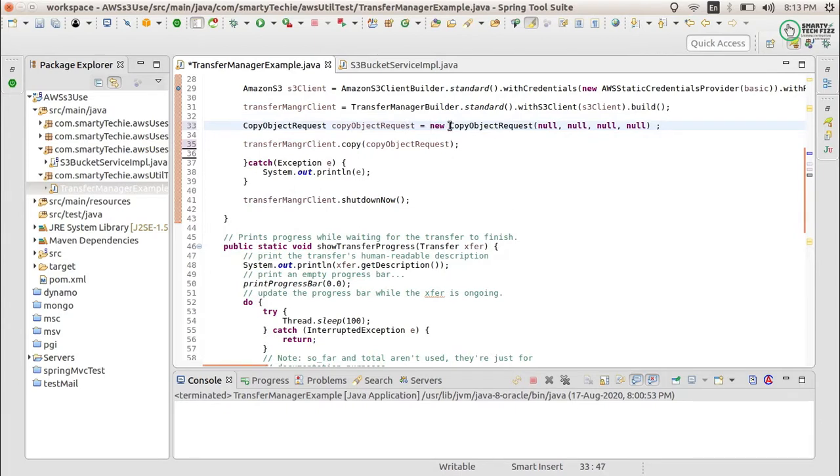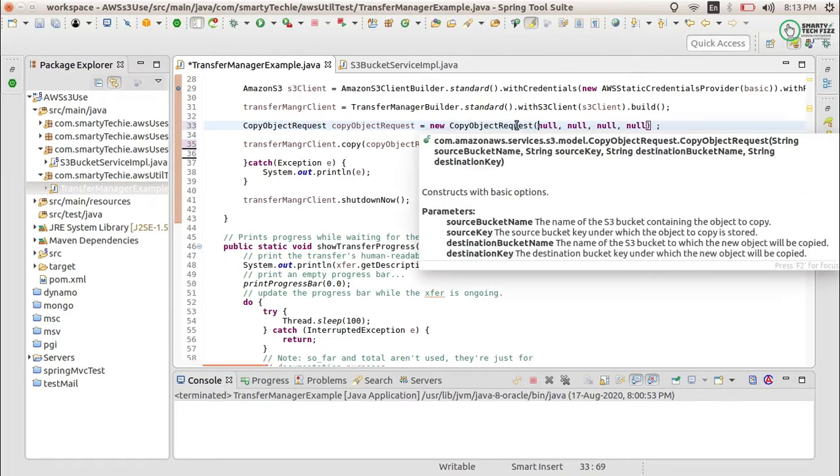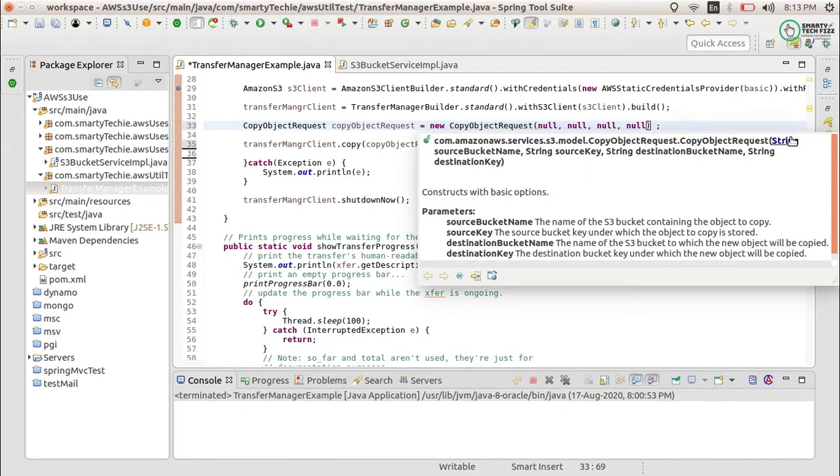While creating the object, you can either provide null values just to initialize all the parameters, or you can provide the 4 parameters in it. The source bucket name is the bucket from which you want to copy the object.